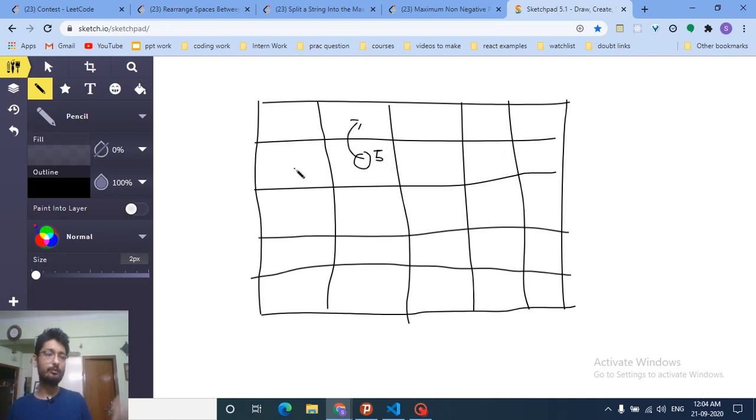Which path is giving me the maximum value will define this particular state. Then we do the same for every state: we check the top value and the left value, and whichever path is giving me the maximum value, I take that value in that state.